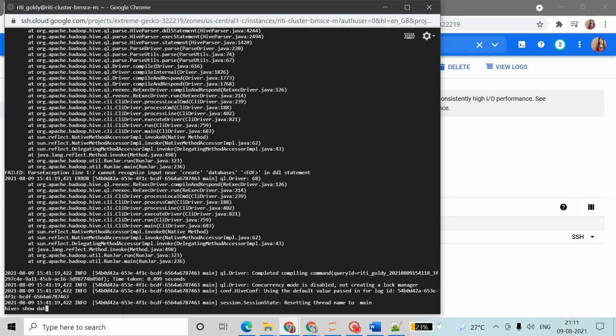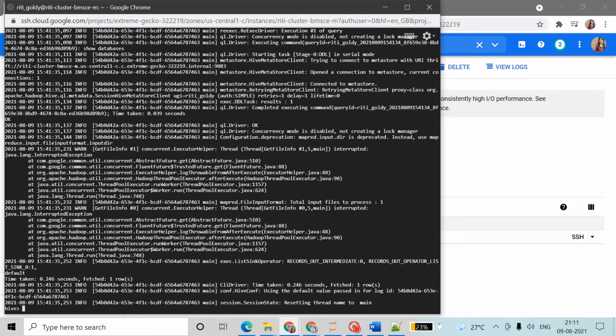First we'll see whether any database is available or not. One row. See here, default, fetched one row. It shows how much time was taken, 0.24 seconds. It is taking time to execute my query, like that. It will take time.